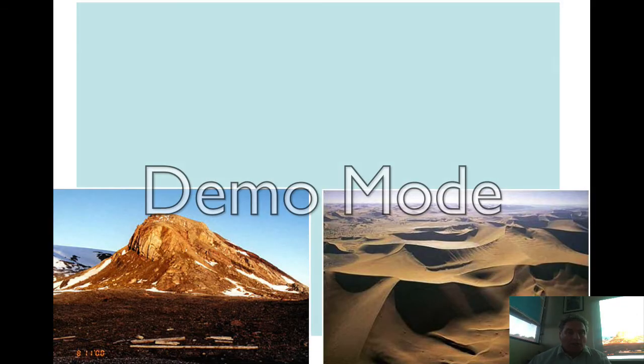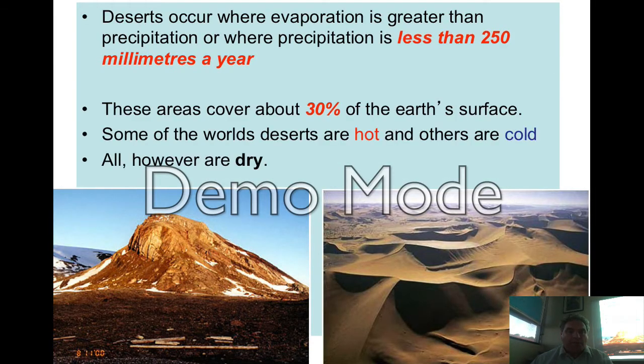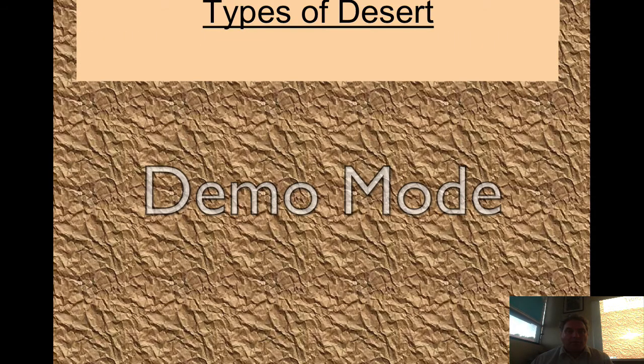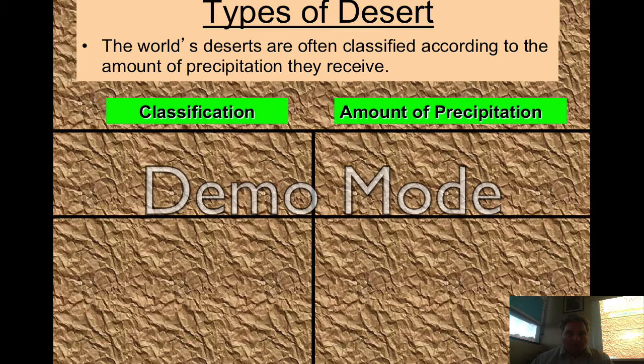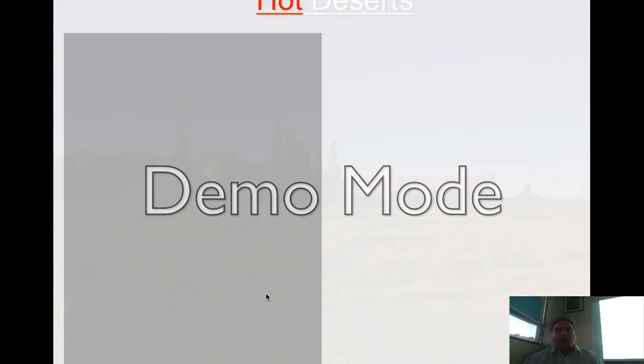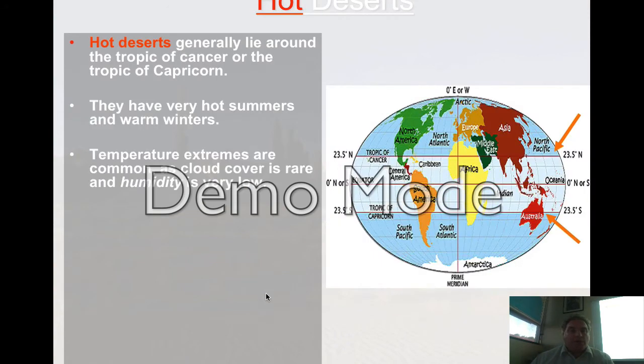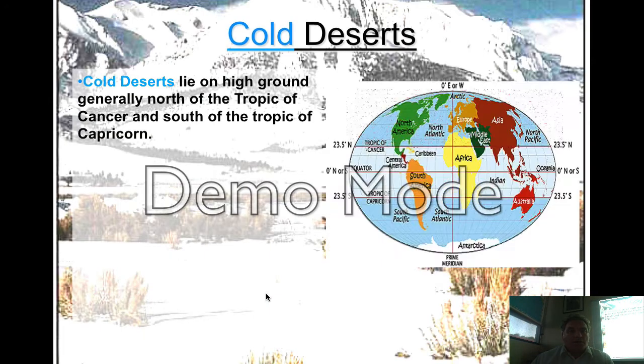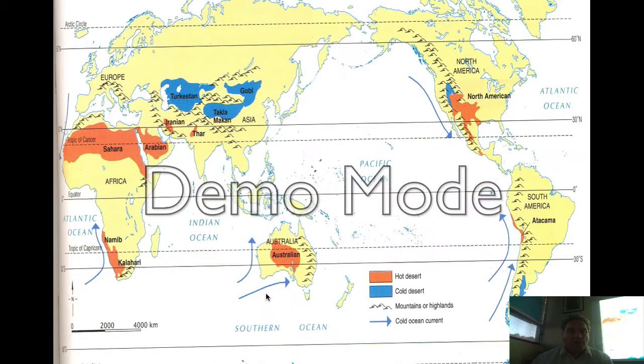Okay, this is what we've already seen. We've read all that about the hot and cold deserts, types of deserts, what happens with them. Hot deserts, cold deserts, you can look at all this, we've already been through it. Where they are, why they're there, with the cold ocean currents,